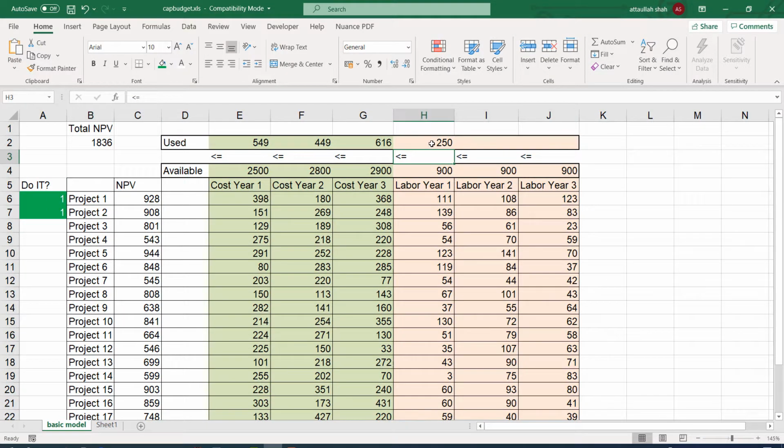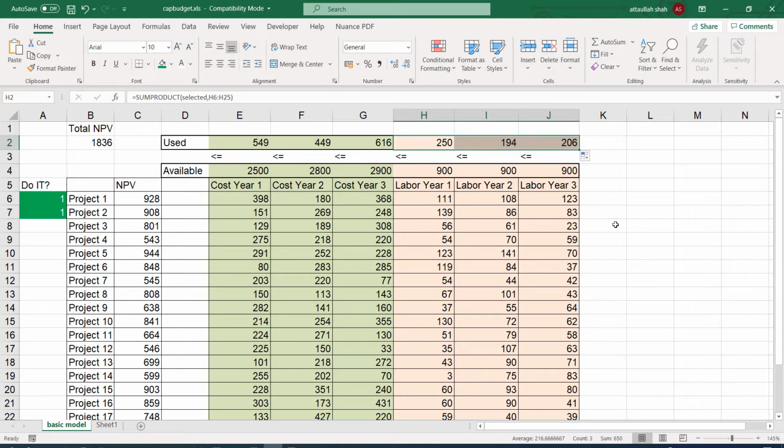And so we have selected the first two. The sum of these two is equal to 250. We can drag. Okay, so now our setup is good to go.